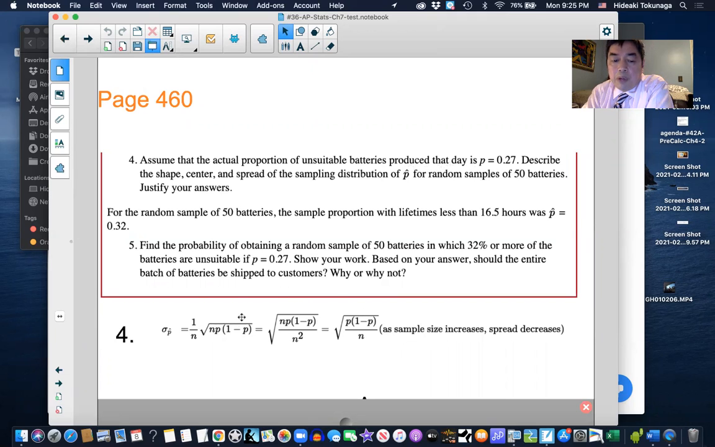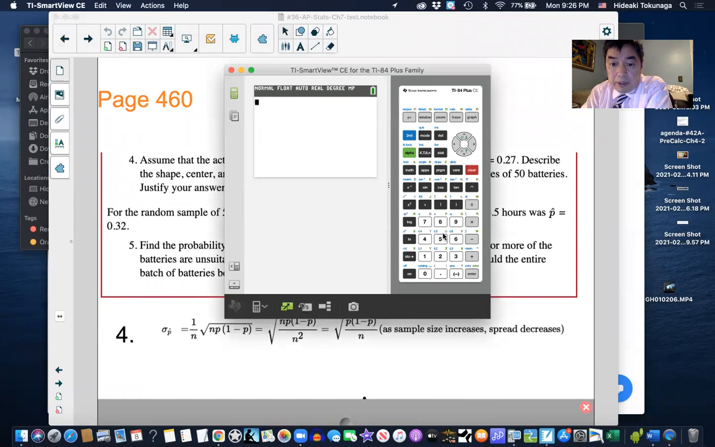So before we run, let's see, it's less than 10%, of course, 50 batteries are. And this is chapter 7-2. We have to run how many counts of success and failure. Success means unsuitable batteries, it's weird to say that, and failure is good batteries, right? So let's run this. 50 times 0.27